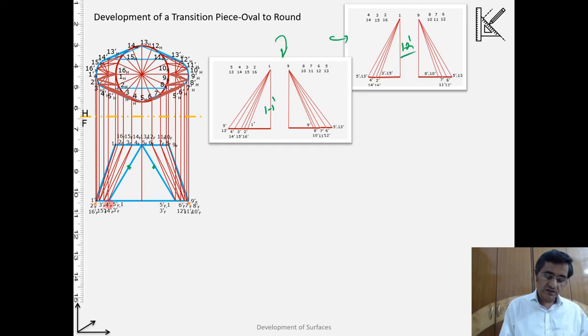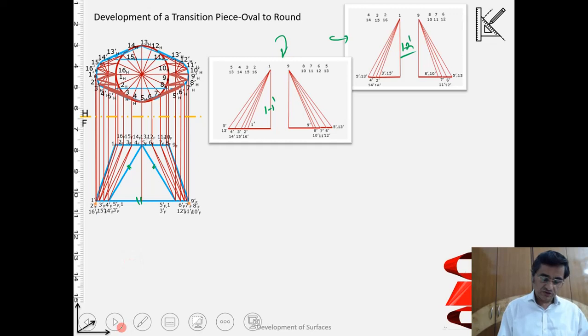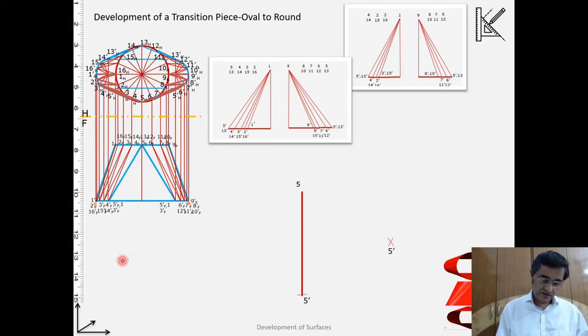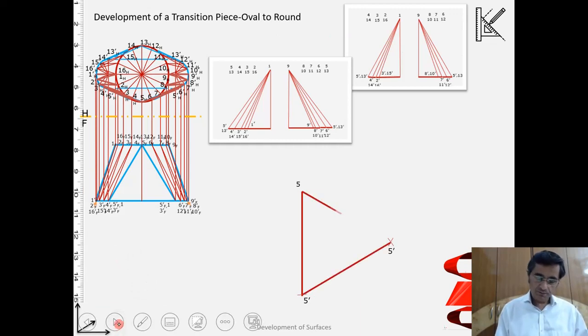I can measure this length either on the frontal or on the horizontal projection, okay, because I know this as true length. So from 5 dash, another arc. From here, this length is known to me. From here, same length, I'm taking the arc, and then this length I'm taking another arc here. So if I take it, that is how I get the point. So my this triangle is now plotted onto 2D in a true shape.